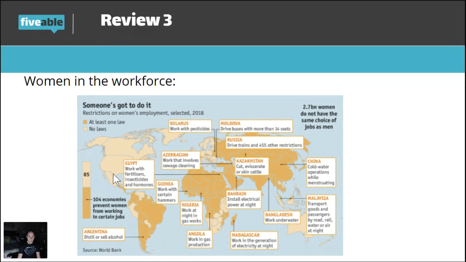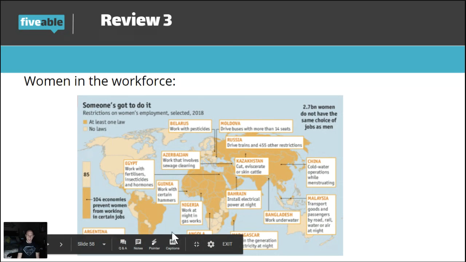But if you look at this, in some countries you've got no laws restricting what women can do. So in theory, women can do anything men can do in these countries. You're probably not going to see women play in the NFL. You're probably not going to see as many women construction workers, but you're seeing more women construction workers. There are some male-dominated fields, but there are no laws in most of your core countries that are going to stop women from doing certain things. Saudi Arabia only just this year started letting women drive cars. I'm talking some countries are completely against women being on an equal playing field.